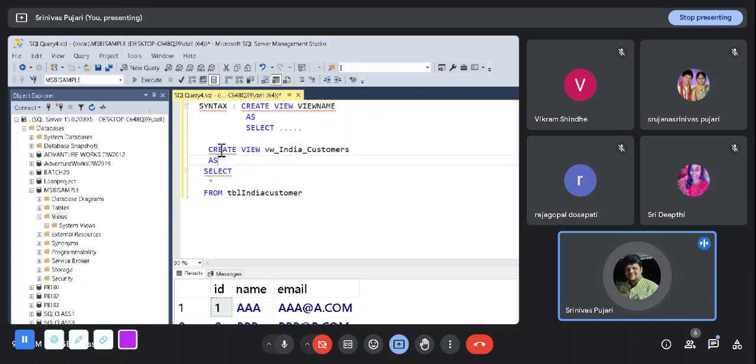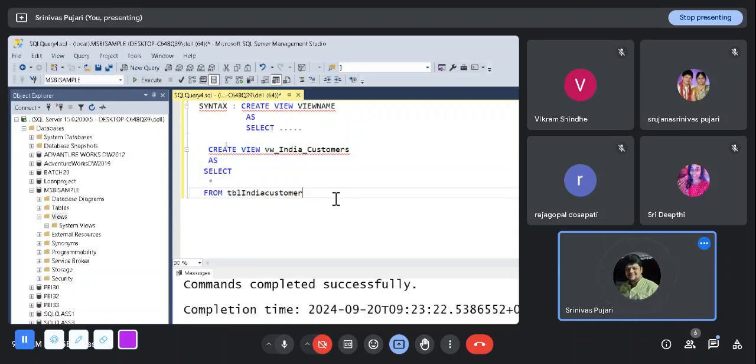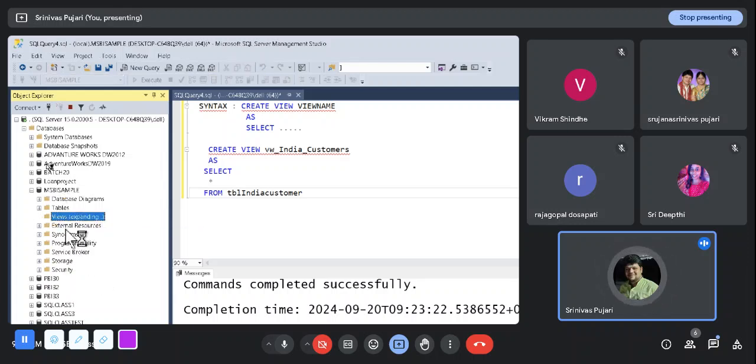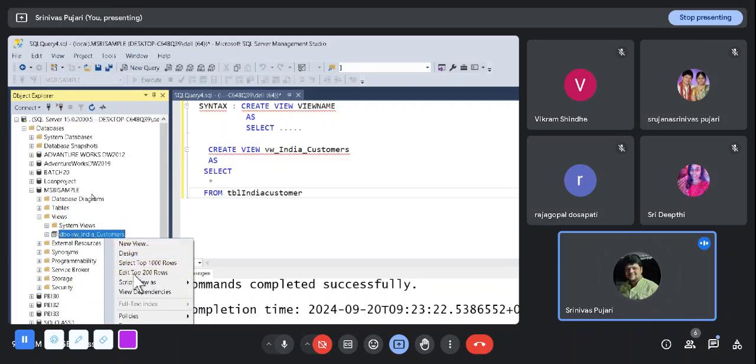Okay, and then you can write the save select query. If you execute this, it will create the view. If you go to the views and refresh, you can see the view you created. If you go with the edit